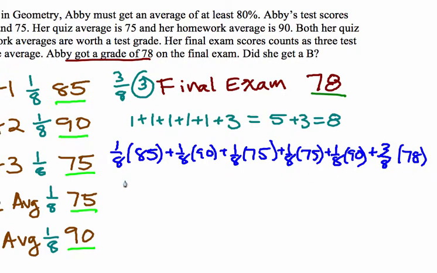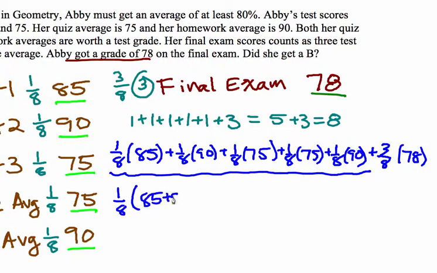Because of the distributive property, I can take all of these 1/8 from the first 5 terms and factor them out: 1/8 times 85 plus 90 plus 75 plus 75 plus 90. I plug that part into a calculator, and that gets us 51.875. Then we want to know what 3/8 of 78 is, and that comes out to be